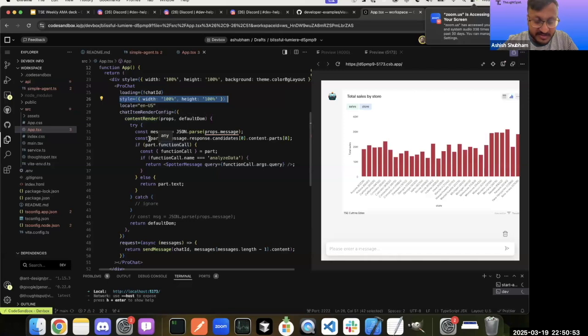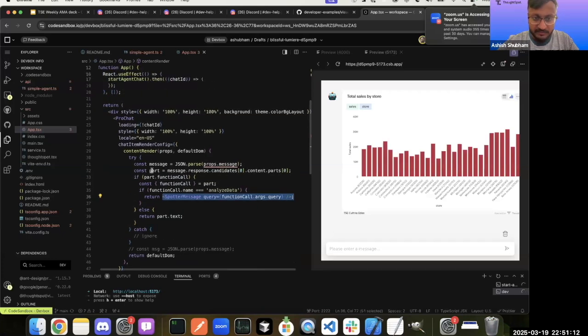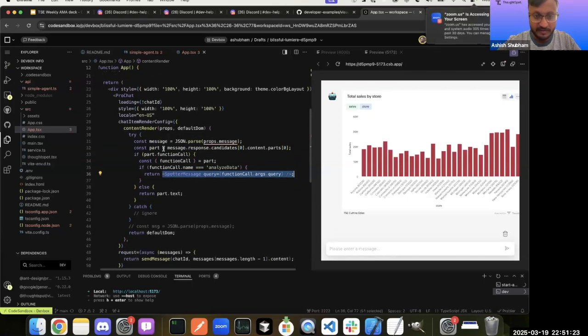Whenever someone sends a message, we try to parse the message, and if the message has a function call, then we render the message as a spotter message. So we'll see the spotter message code really soon. But this basically makes a call to the backend API, and the backend API will then return some